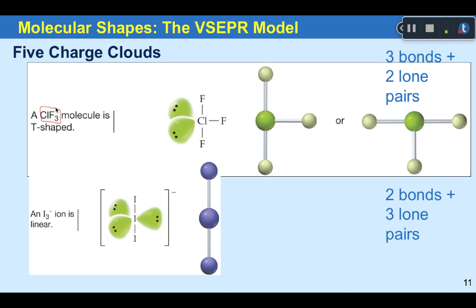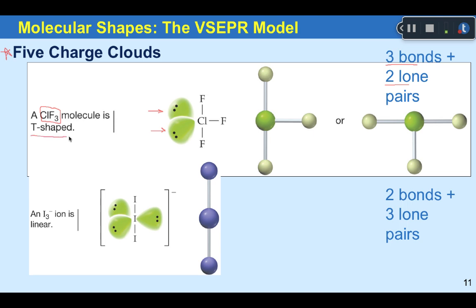Chlorine trifluoride, if you add up all of the valence electrons, you determine that chlorine has to have 2 lone pairs on the central atom. Again, getting your Lewis structures correct is essential in understanding these. So you've got 3 bonds to fluorine, and then the 2 lone pairs on the chlorine, for a total of 5 charge clouds again. The basic angles are going to be based on that trigonal bipyramid, but where do the lone pairs go? Well, the lone pairs are going to be as far apart as they can get from other atoms, which puts them in the equatorial positions, and the remaining